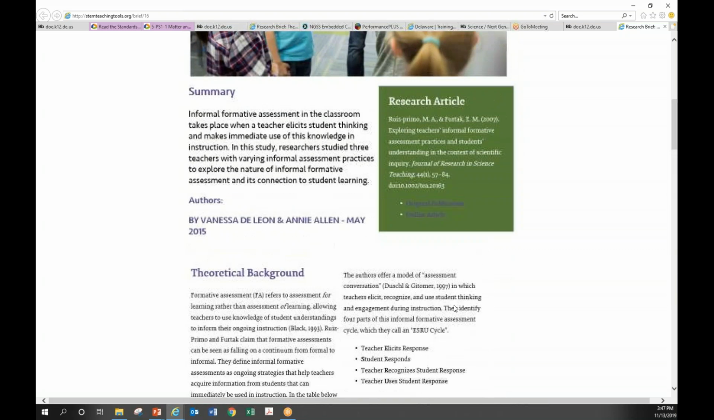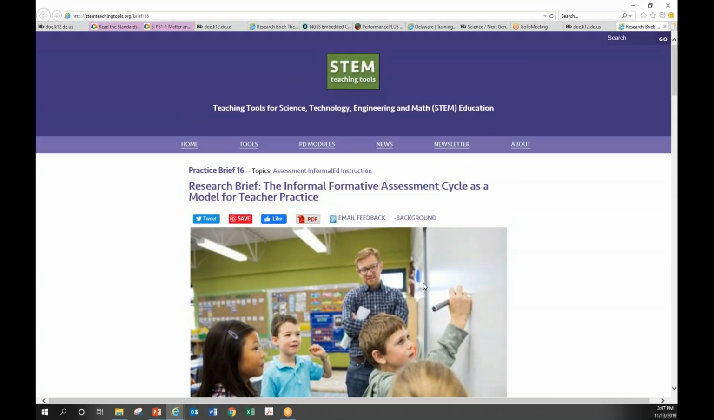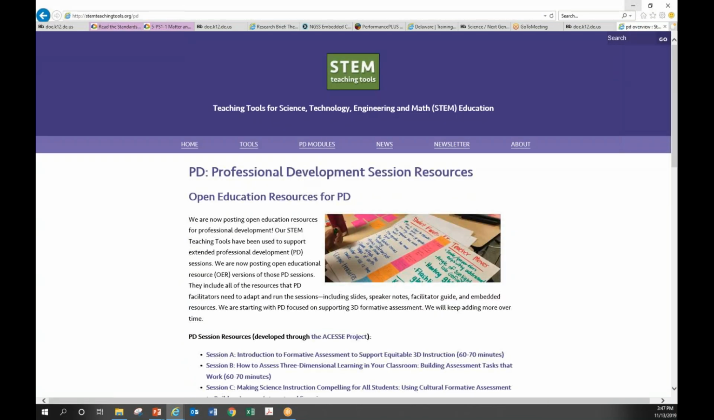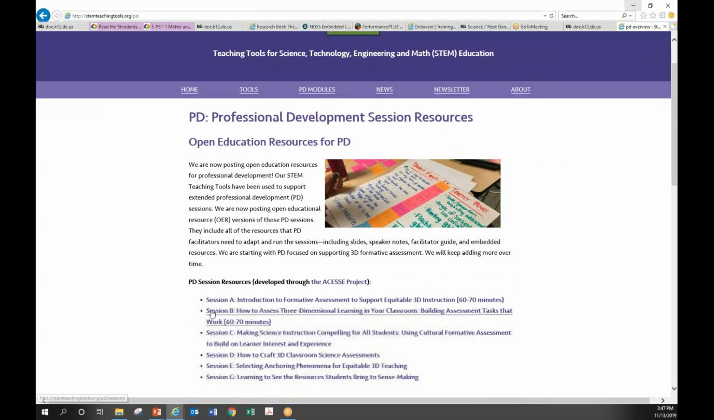So it's a very useful one-pager, but there are also more resources available to teachers who come to this STEM teaching tools module. If you go to the PD modules link that is here, you'll see that there are multiple sessions on formative assessment that are available to teachers and professional learning communities that are self-paced and can be used to go through different activities, including how to build